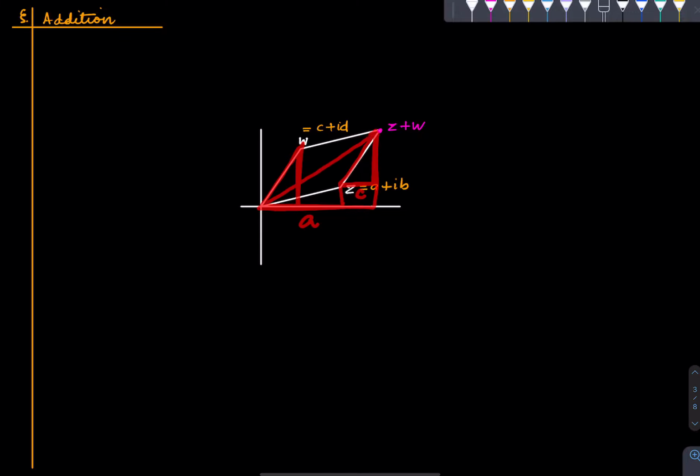So in the big triangle, this total length becomes a plus c, and similarly this total length becomes b plus d, and those are the real and imaginary parts of this point. So therefore this must be z plus w. That's very simple, and if you know some coordinate geometry, this is a very standard thing in coordinate geometry. Anyway,